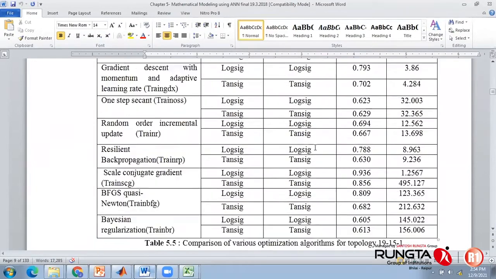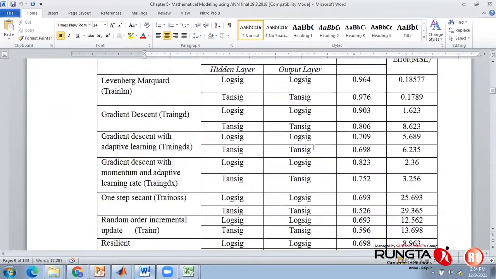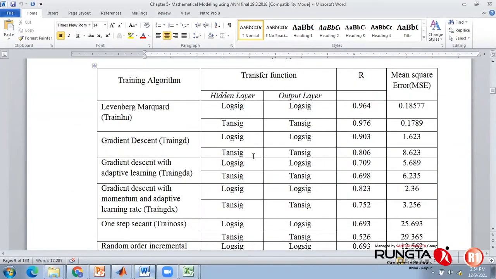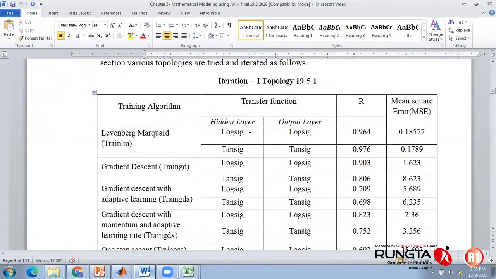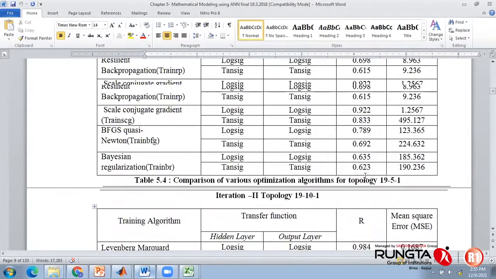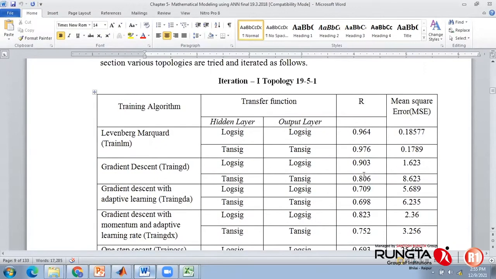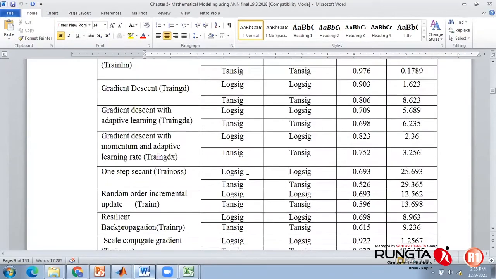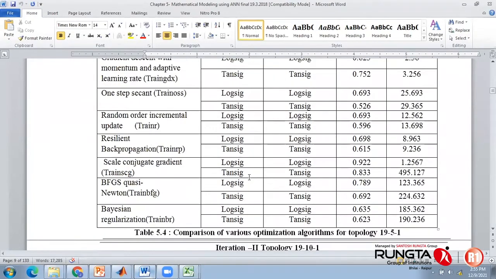So just imagine the permutations and combinations which somebody could have. I hope it is visible clearly on the screen. Yes, sir. Okay. So this many permutations and combinations somebody can have. For Levenberg-Marquardt, for one single topology, you can use this many algorithms. For another, because every time you train it, you will find some specific difference. Which combination will give you better results? Nobody knows. Practically, depending upon the type of problem, it may vary. Depending upon the type of input, it may vary.